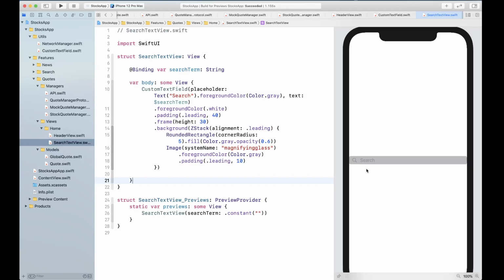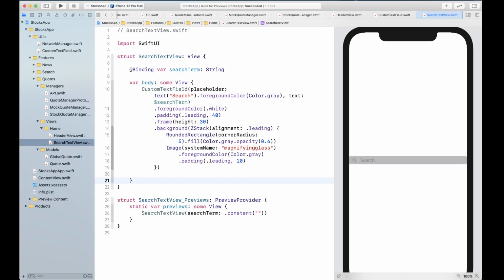So we're going to use this search text view there, and we're also going to use it inside the search view itself, where you get to add a new stock symbol into your watch list. So we're going to reuse the same search text view. That's why we created a separate component for that.